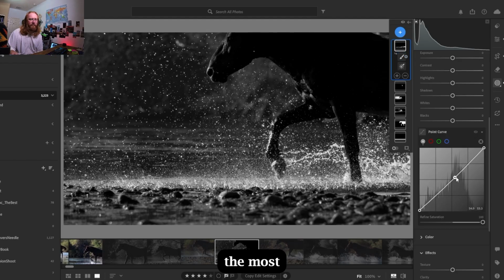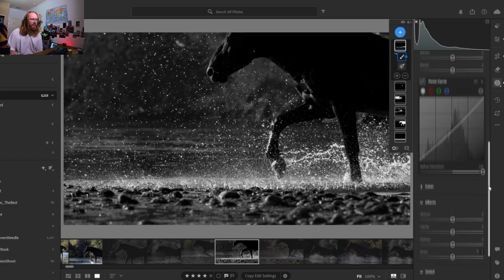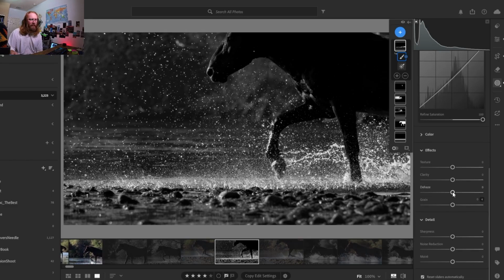I can do the most minute of edits to the curve. We're gonna try dehaze. Okay, so dehaze is going in the right direction in my opinion. Problem is I can't really see the difference after 15. So I'll just add 10. I'm gonna add grain,